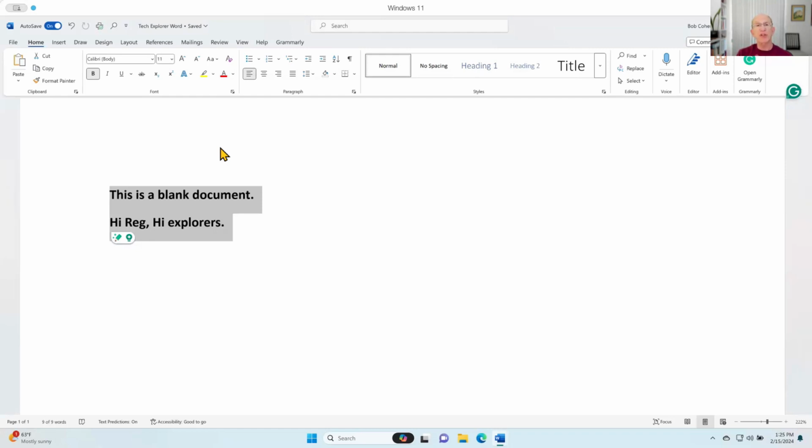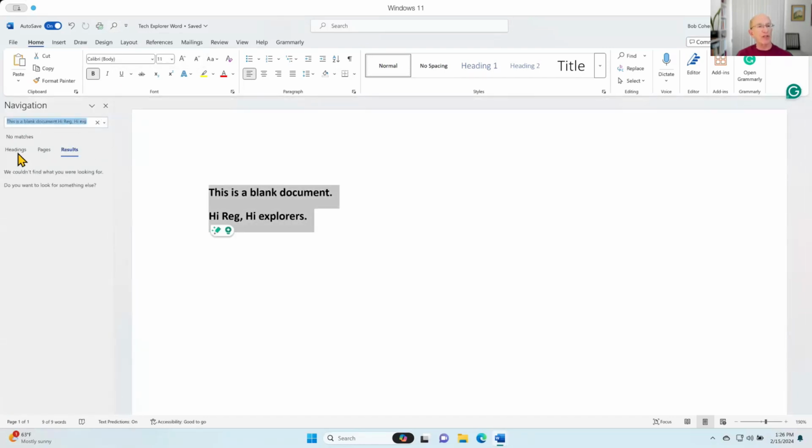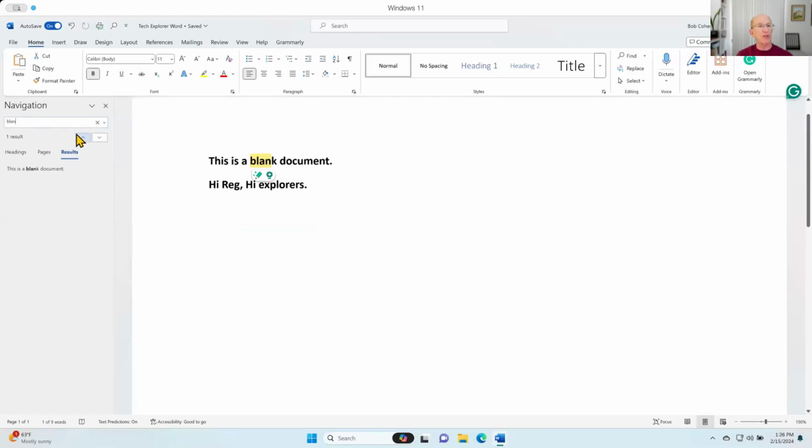So that's one of the great things about using Word, and also this happens to be the case with Excel and PowerPoint, is that these ribbon and quick access tools are extremely customizable. So if I'm always going to find, rather than finding a menu or something, or if I don't know the shortcut yet, I can always click find, and it will bring up the navigation menu here, and I can just type in the word blank, for example, and it'll start to highlight it for me